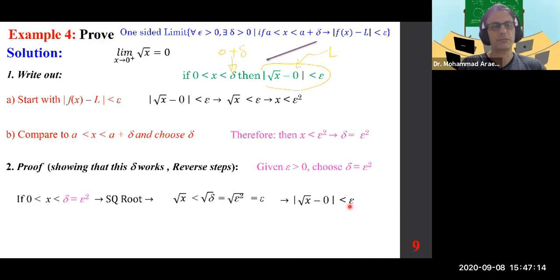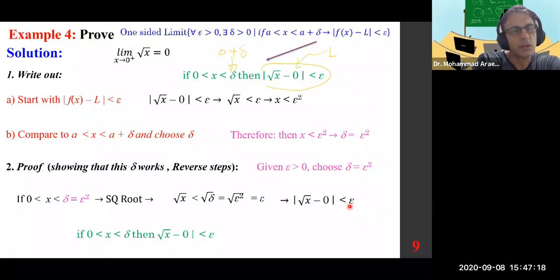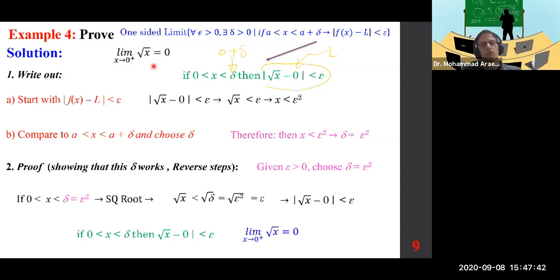Which means now, going back, starting with this is what we started, we are going to write it here, if. This is the starting point. Then, here's the ending point, here's the result. And the whole thing together is what we started here. We just showed that, the reverse process. And therefore, the limit of the square root of x as x approaches 0 from the right